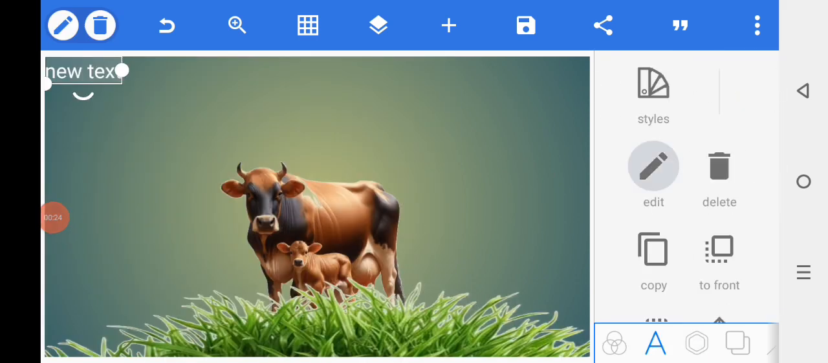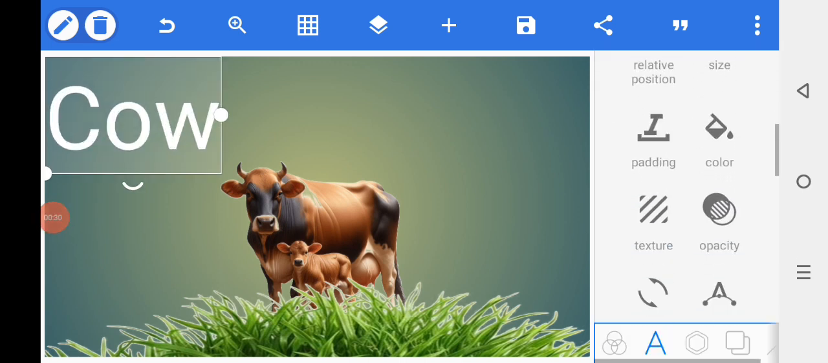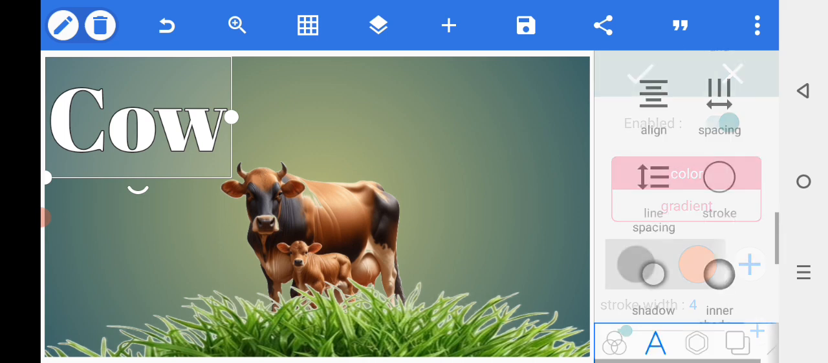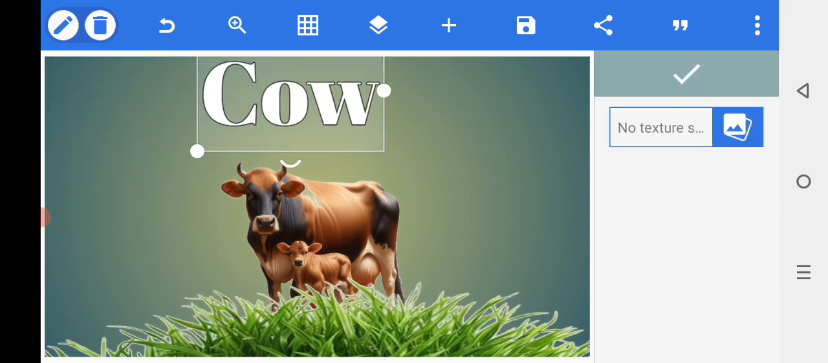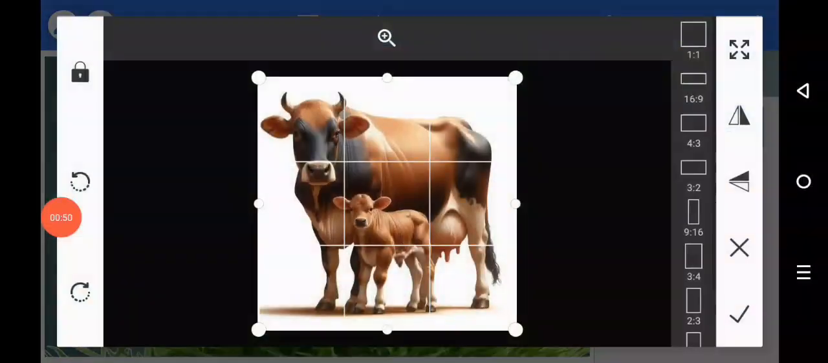Then select the text option, edit by writing, select the size, adjust the size, select the font option, adjust the font, number button down, adjust the color, and then select the texture option, go to the gallery, select a photo, adjust the photo,